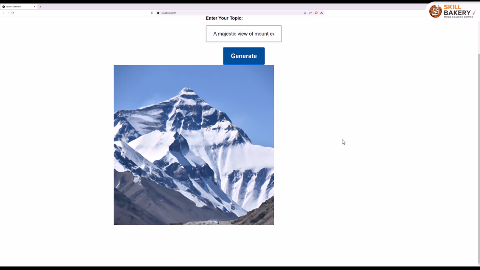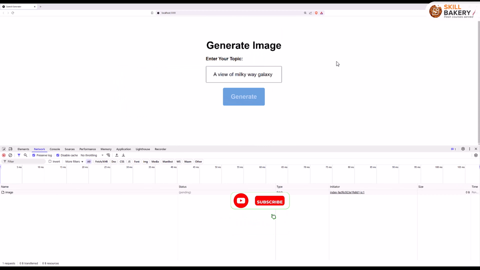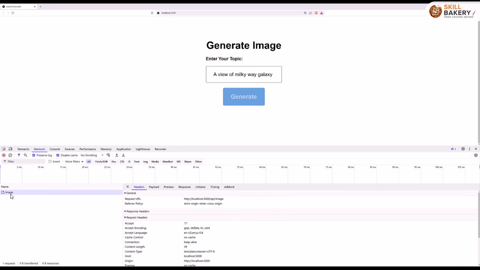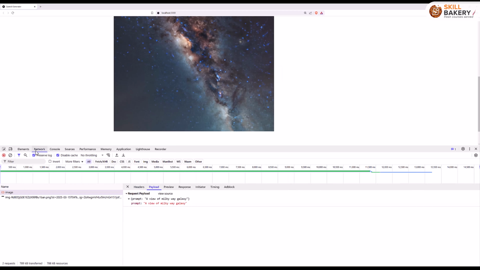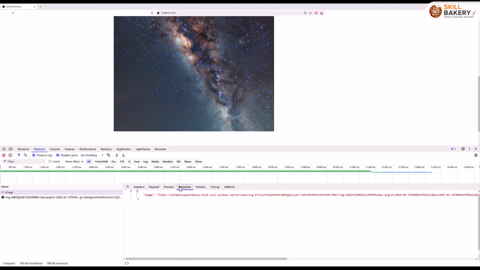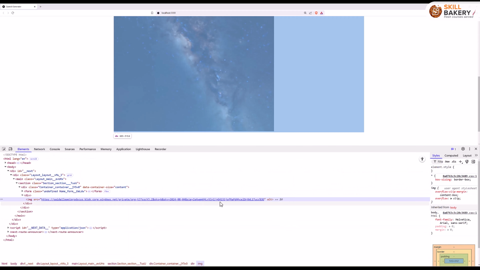If you see the developer console, and here if I provide a new prompt, a view of Milky Way galaxy, click on generate. And here you can see that we have now initialized the API image call. And if you see the payload, it shows you the prompt over here. And then you have the result. If you see the network over here, if you see the response, this is what we are getting. This is the URL that we are getting, and same is then getting assigned in the image SRC attribute